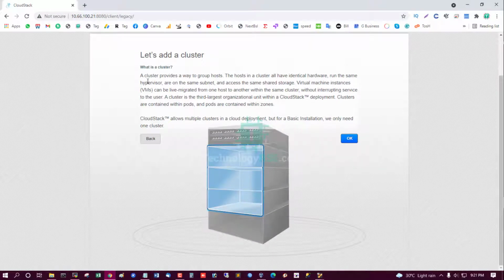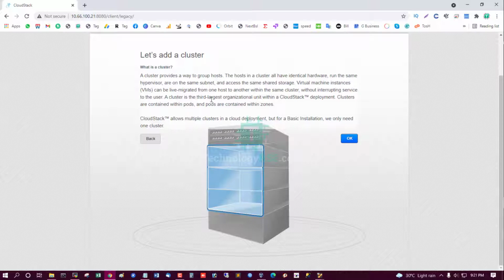What is a cluster? A cluster provides a way to group hosts. The hosts in a cluster all have identical hardware, run the same hypervisor, are on the same subnet, and access the same shared storage. A virtual machine instance, like a VM, can live migrate from one host to another within the same cluster without interrupting service to the user.